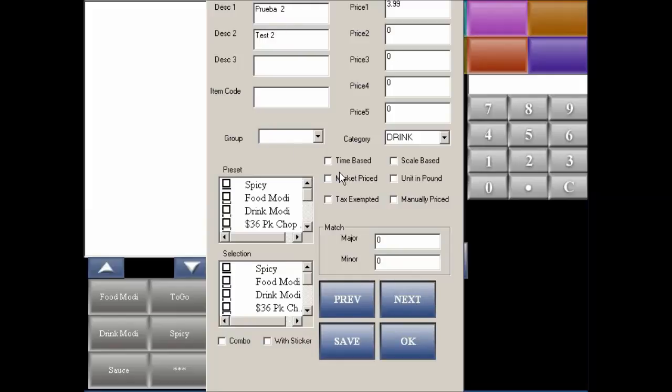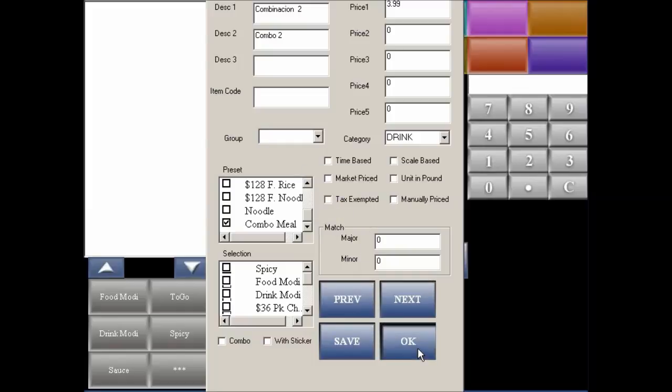Test number 2. I want to make this actually a combo meal, so let's rename it first. Let's just call it combo 2 and rename the Spanish one as well. This time I want to use the preset option. Under the preset option, I've created a combo meal. As you can see, it's already checkmarked actually. When I want to activate this, there's already several items included into the combo meal option, so when the item is selected during an order, you will see several items pop up all at once. Okay, confirmed, save,